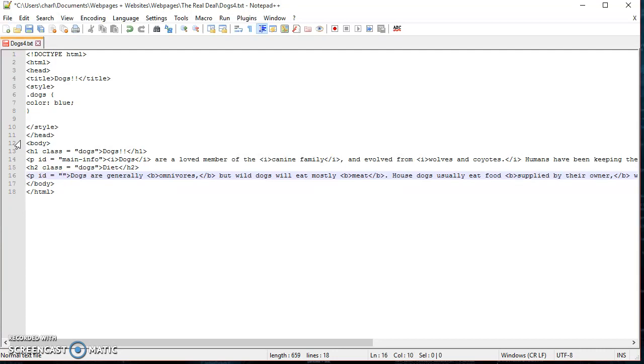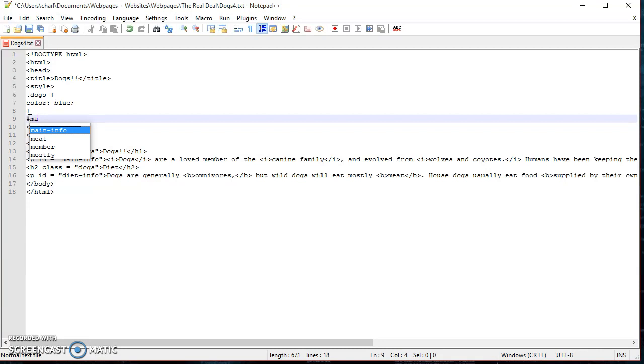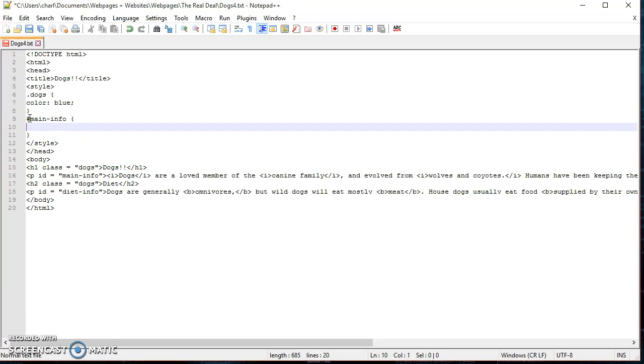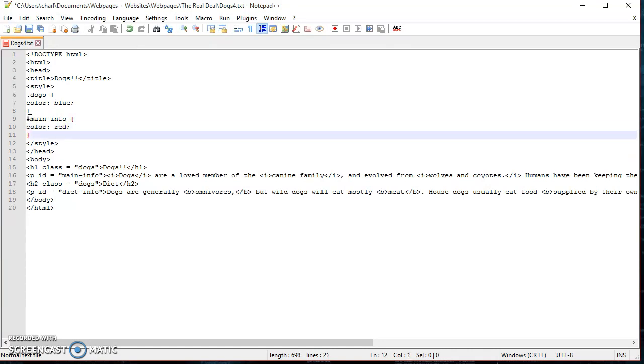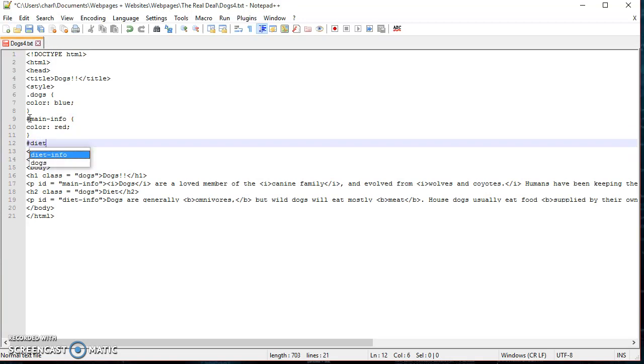ID equals, and then I think we'll do diet-info. So like I said, IDs have hashtags, so hashtag main-info, these brackets, and we're going to put colour, red, and then put hashtag diet-info,